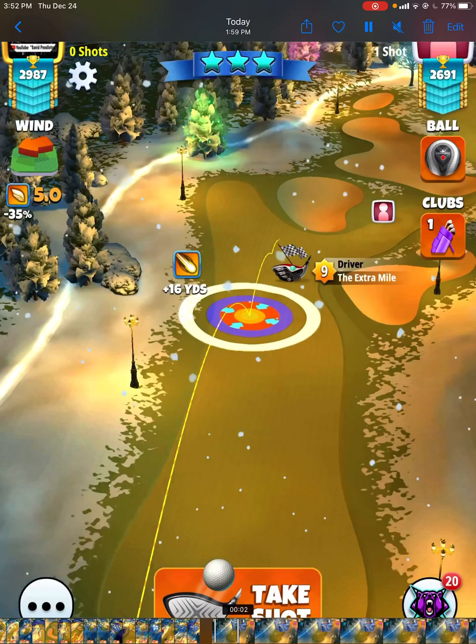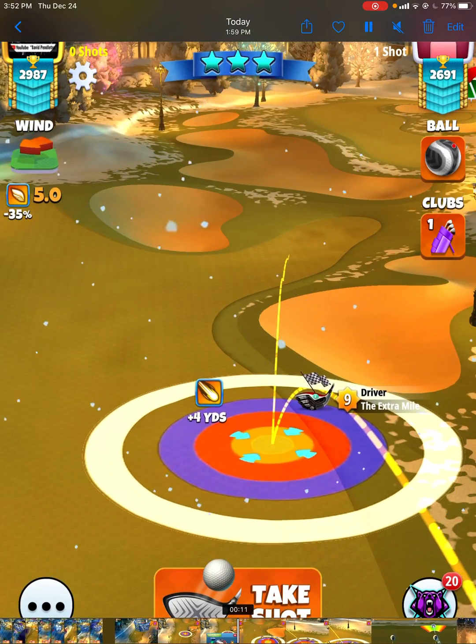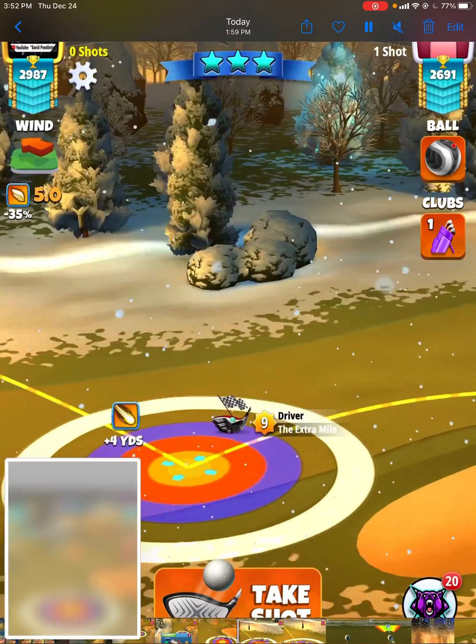And then hole number 9, back-to-back drives screwed up. 5% elevation, 6 bars of topspin, 3 left. Ultimately, I play this too close to the rough. We really need...